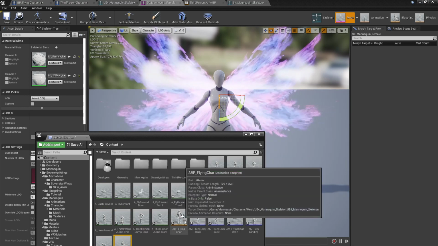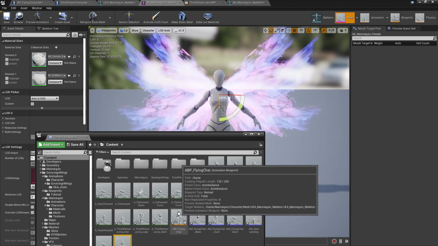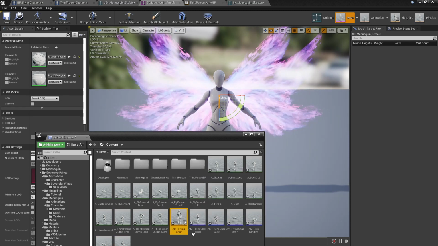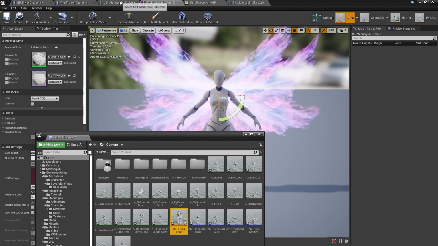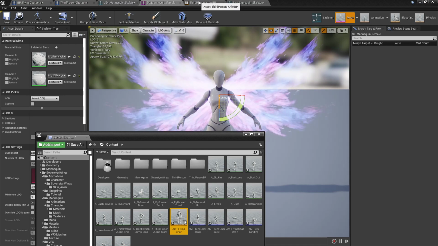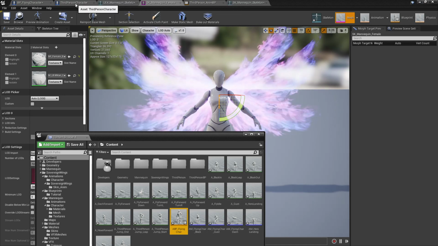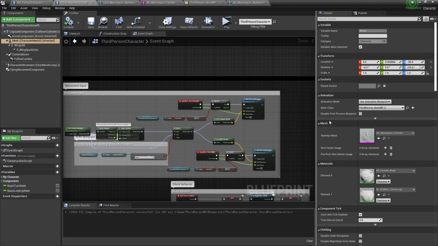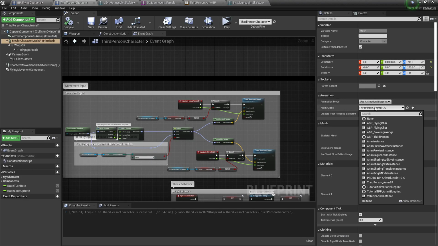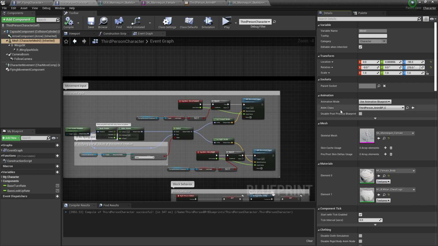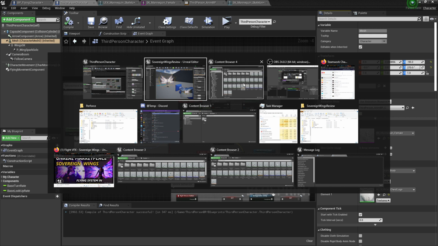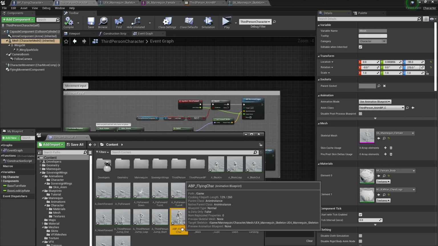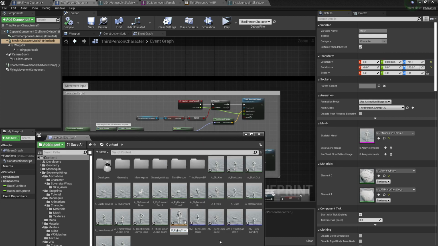And now we have this animation blueprint that has all the flying, so we could easily jump to our third person character and replace this one by the correct one, right? So let me change the name so it's easier to find. Animation test,